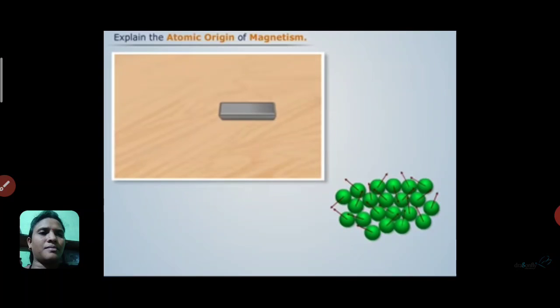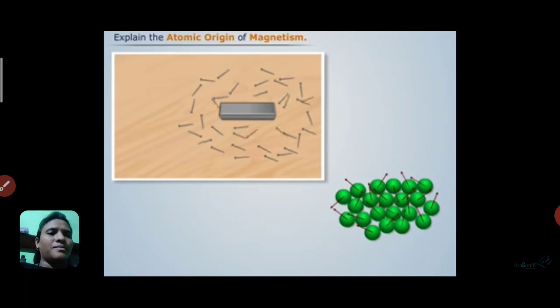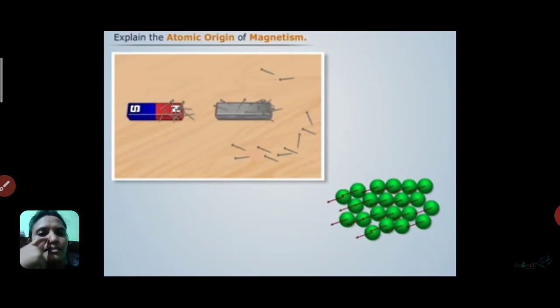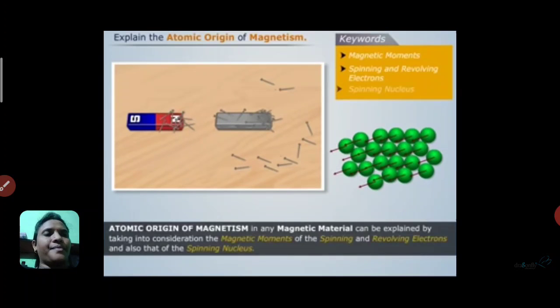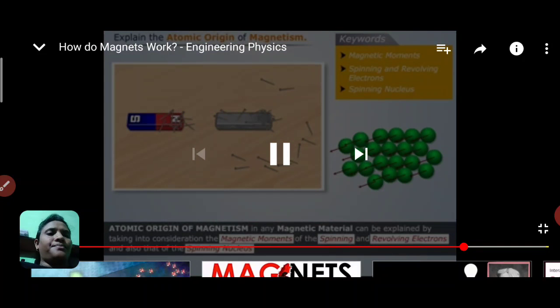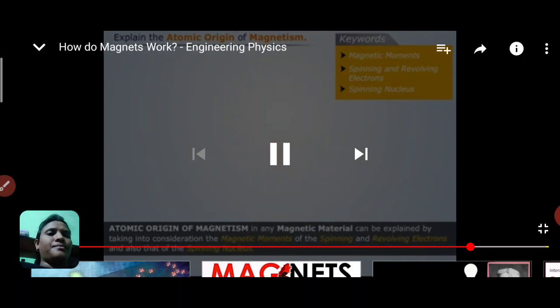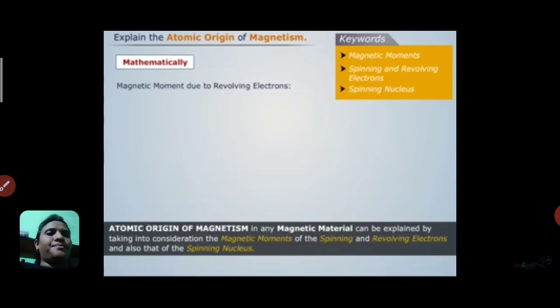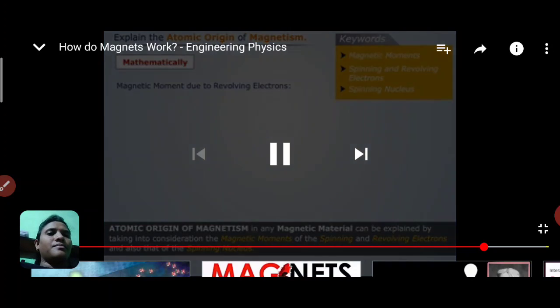In such cases, the material does not behave like a magnet. To make such materials behave like a magnet, we need to apply some external magnetic field on them. Thus, we can say that atomic origin of magnetism in any magnetic material can be explained by taking into consideration the magnetic moments of the spinning and revolving electrons and also that of the spinning nucleus. Mathematically, magnetic moment due to the revolving electrons is given